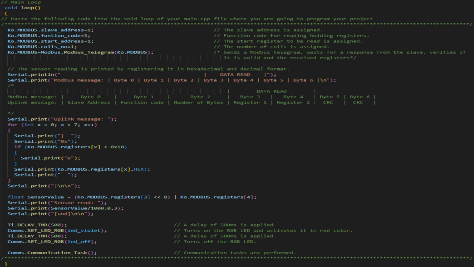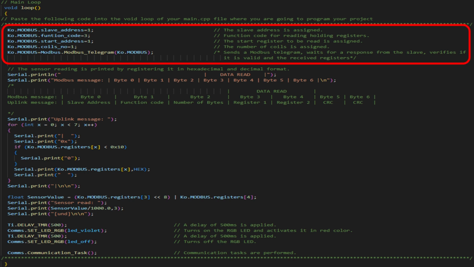In the void loop, you'll find code in which we establish the structure to execute the Modbus tasks of the ContraLog Mini, where we define the address of the Modbus slave sensor, which, in our case, is address 1, and which is predefined by the sensor. As we intend to perform only the reading of the values sensed by the device, we assign the function code 3 for devices using the Modbus RTU protocol, which indicates that we are going to read a holding register.